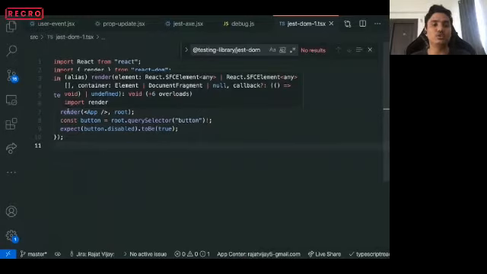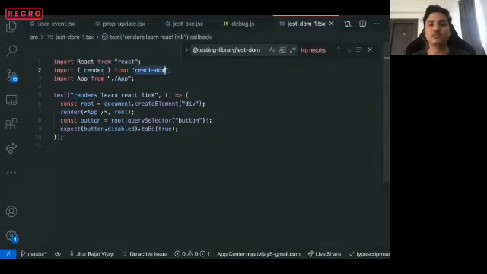So you use this render function from the React DOM library. You render your app component inside this root div that you just created using document.createElement, and then you query a button inside the rendered DOM using the root.querySelector function that JavaScript provides, and you can actually do button.disabled toBe true. So what we are doing is we are testing a disabled attribute on the button element and we're expecting it to be true. Now focus on this line.